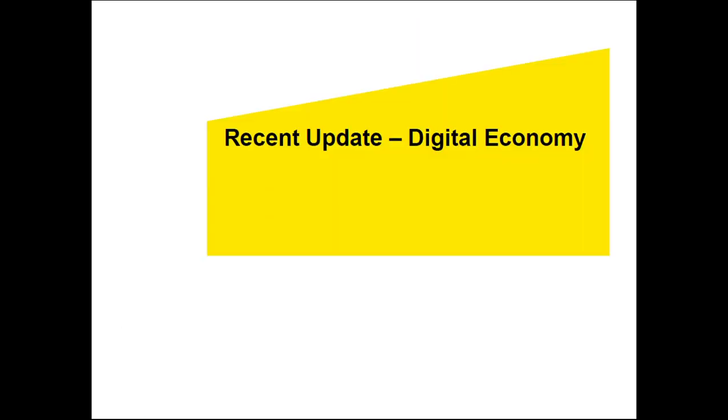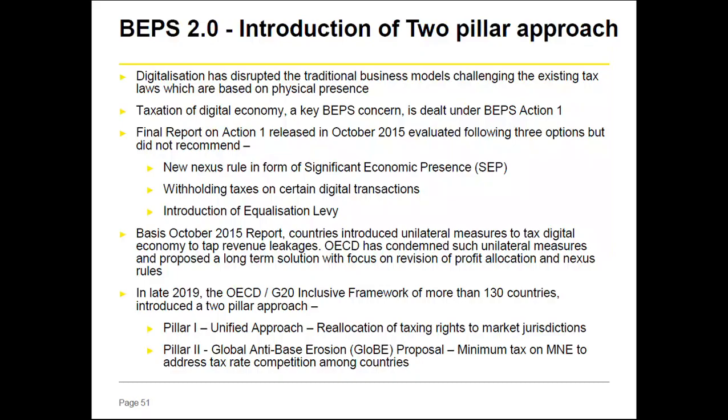Recent update in the digital economy. BEPS 2.0 has two pillars. Pillar 1 focuses on the rules for taxing profit and rights, with a formula to calculate the proportion of earnings taxable within each relevant jurisdiction, that is, demand side and supply side. Pillar 2 is yet to come. It says a global minimum tax of 15% to discourage companies from shifting profit to lower tax countries through international trading structures.